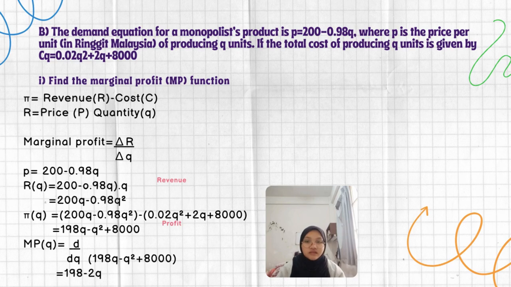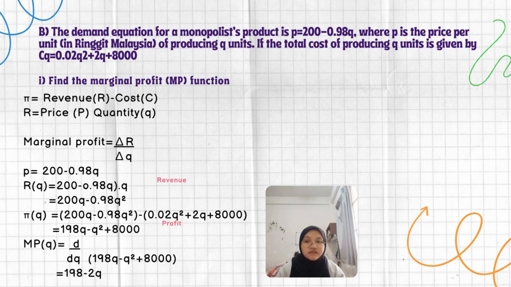Step 2 is write the profit function. The total cost of production is given by C(Q) equals 0.02Q^2 + 2Q + 8,000. Using the profit equation, profit is equal to R(Q) minus C(Q). Substitute the expression for revenue and cost, which is 200Q - 0.98Q^2 - (0.02Q^2 + 2Q + 8,000),